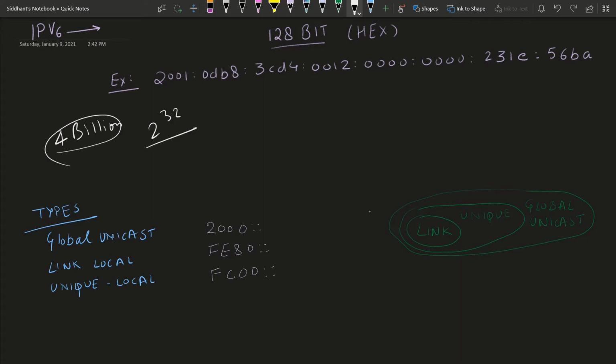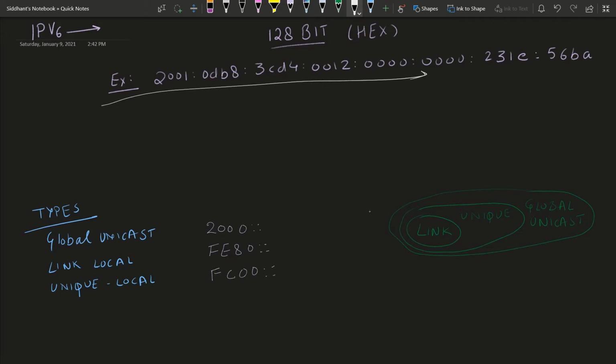So these 4 billion IP addresses are not enough. For now we have more than 4 billion devices on the internet, and these are not enough. And from those 4 billion addresses we also don't use class D and E, so we have even fewer addresses than 4 billion. So in IPv6 the engineers really thought about expanding our address space. We now have 128 bits, and these are divided into hextets.